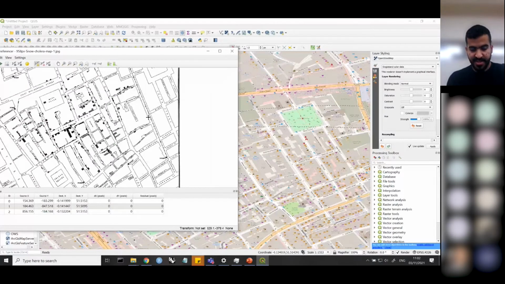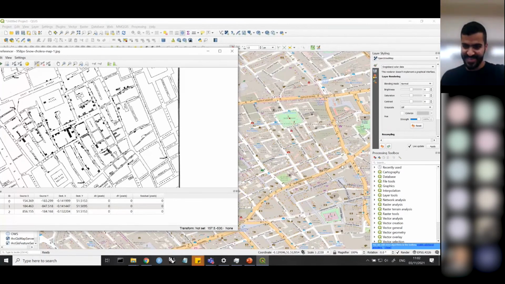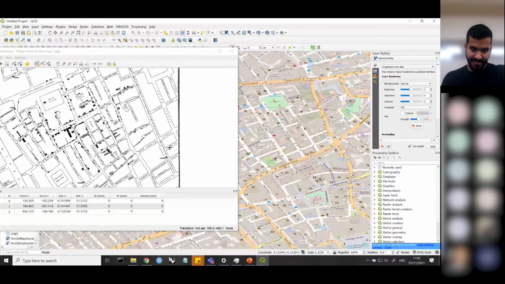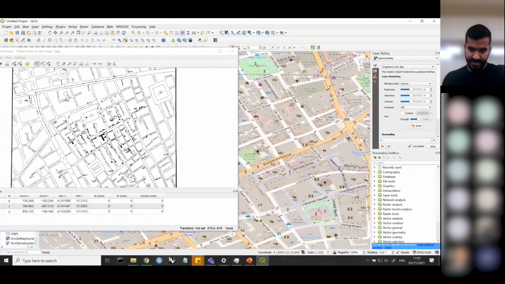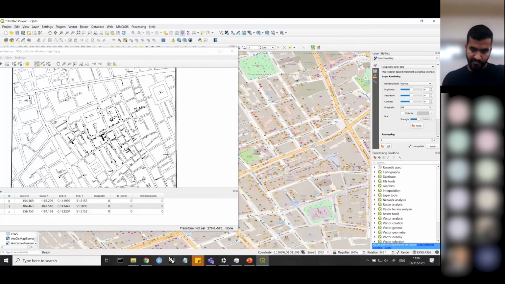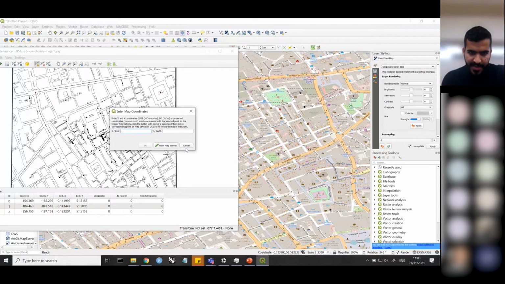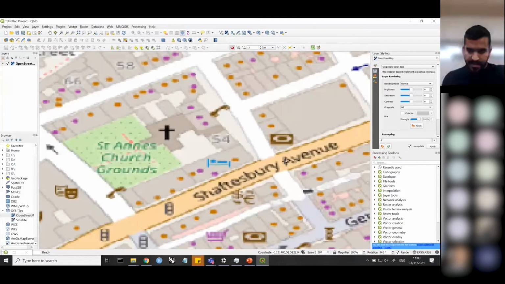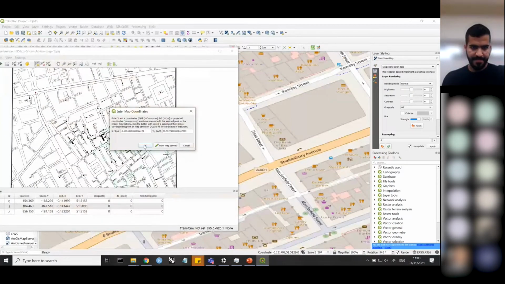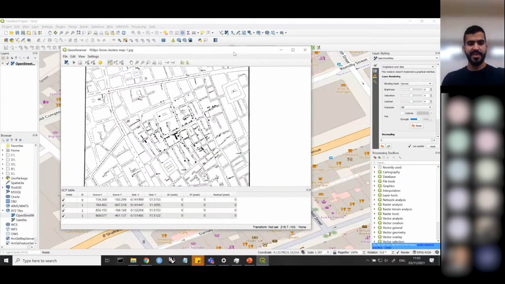This is trial and error, by the way. So sometimes you might find a point that you put in the wrong place, so just delete it and do it again. There's no right way of doing this. It's just trial and error. Yeah, so I think this is fine here. If I choose this, and then here. Yeah. And once you have 4 points that you're happy with,